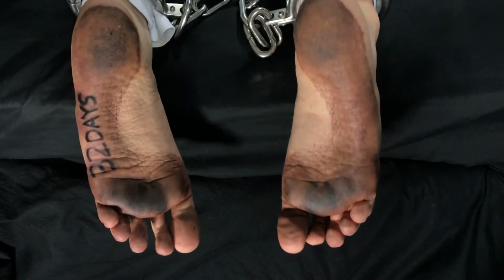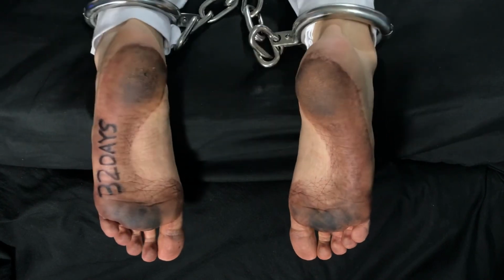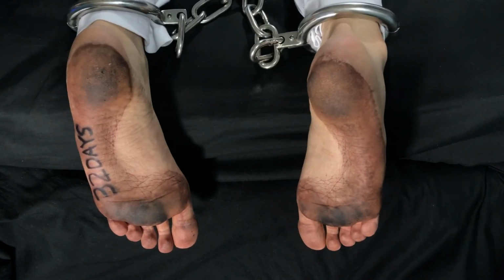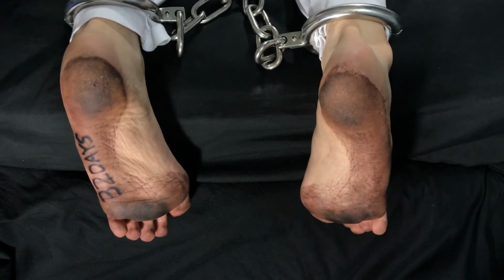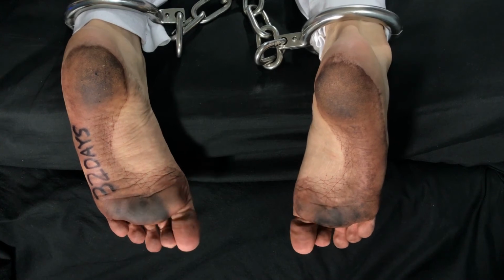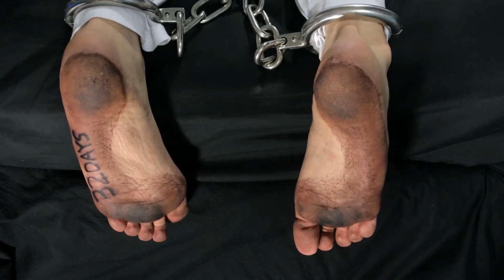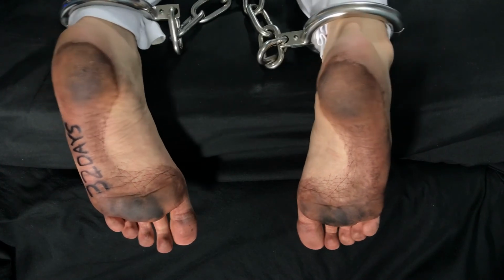But at this point, my original goal was to determine if these could be worn permanently, and at this point I feel like I've proven that. It's gotten easier every day to wear these, so wearing them at this point permanently would seem very plausible, if not certain. So at this point, I kind of want to see how it goes over a longer period of time. I mean, that in itself is interesting because,